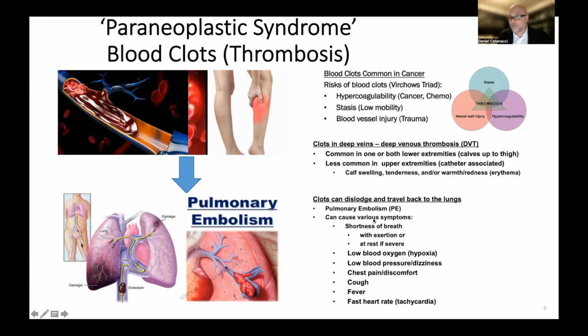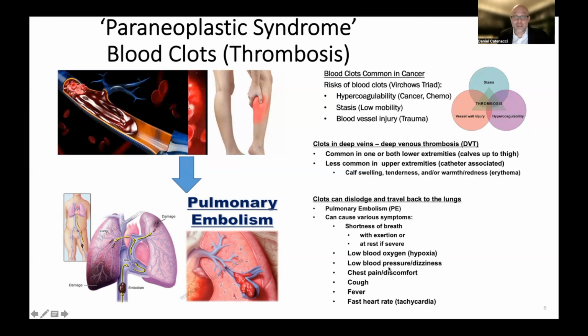And there can be a number of different symptoms. One of the more common ones would be shortness of breath, with exertion for sure, but if it's a large clot, can cause this issue even at rest. As a consequence, this can lead to low blood oxygen, which is a sign that the physician can check with a pulse oximeter. And low blood pressure, if it's a very severe and large blood clot, can actually lower your